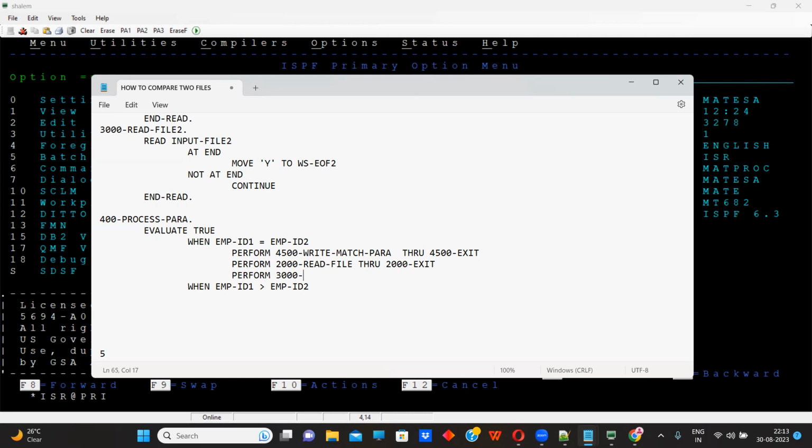both the employee IDs are matching from both the files, then I have to read the second record from both the files, right? So here what I'm doing, if these are matching, I'm reading another record from file 1, similarly another record from file 2. So next records I am